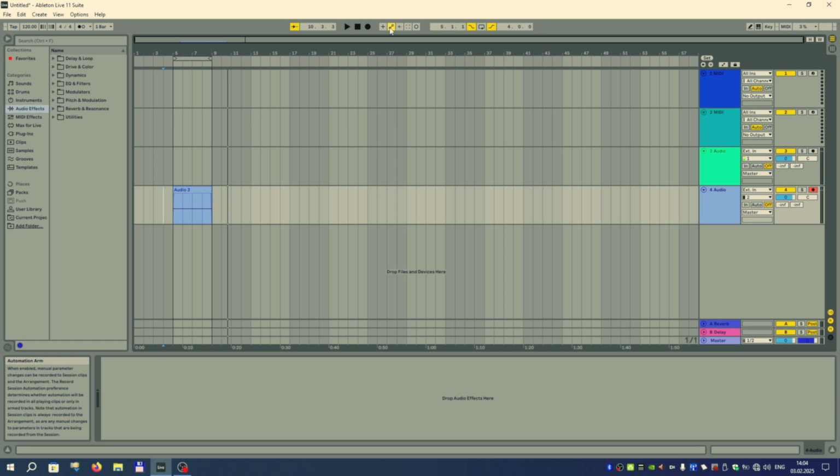So what is automation? It is a programmed changing of a parameter over time. The simplest thing is the volume automation. To see it, I need to turn on the automation mode first. Right now the automation arm is active, but okay, let me deactivate it.